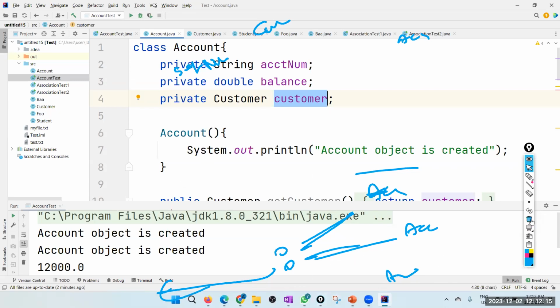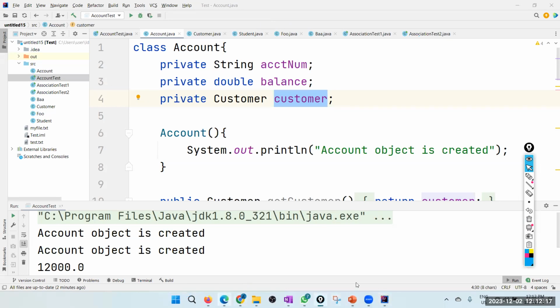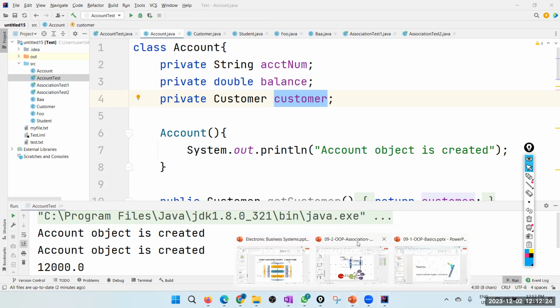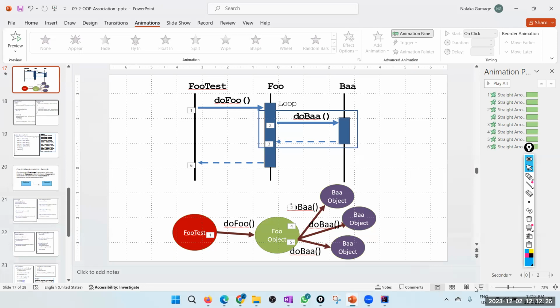Right. So that's it about association. Right. So association is super important. I know that a lot of students have no idea about association and they come to the final year and